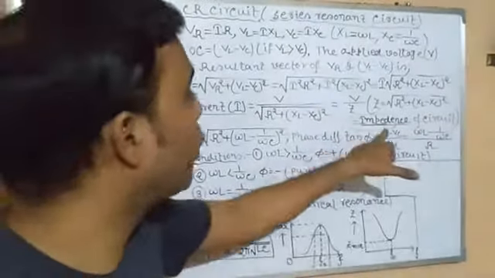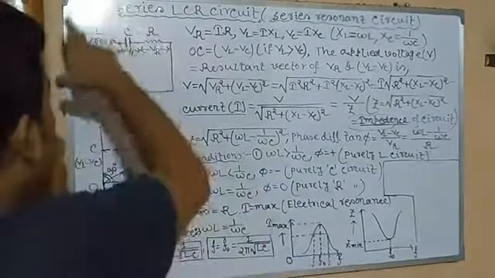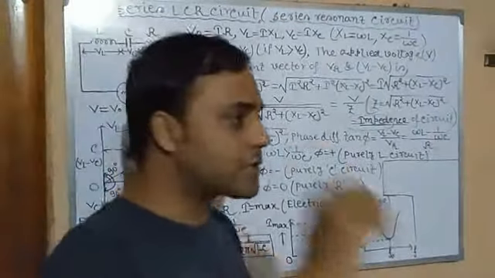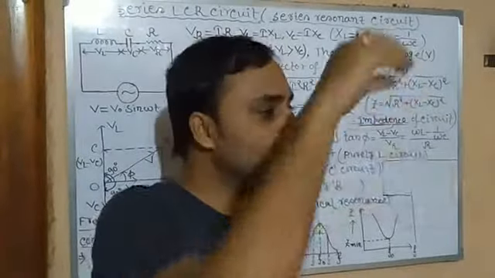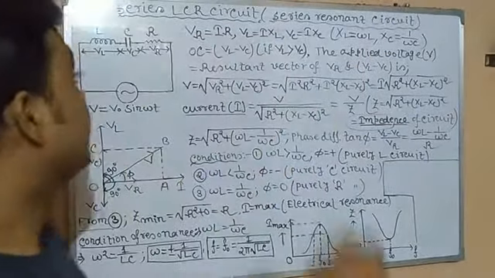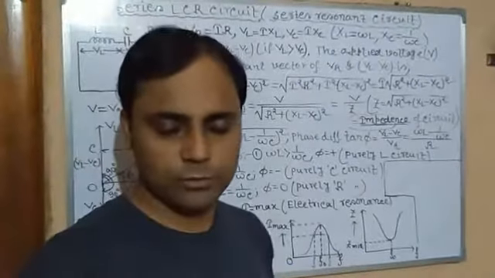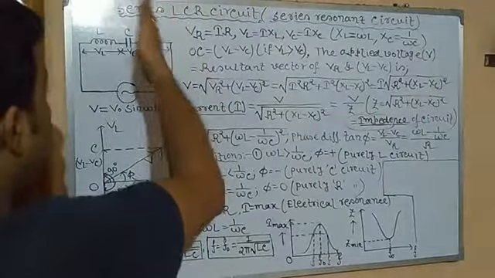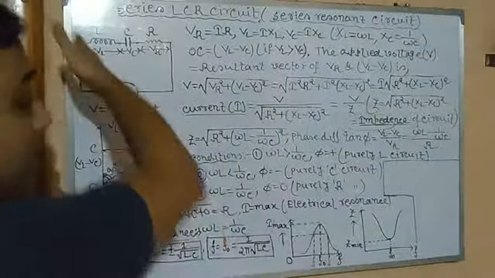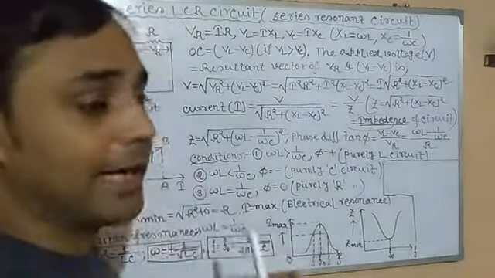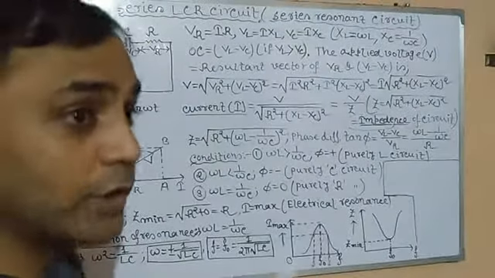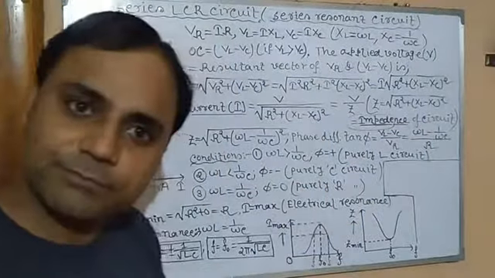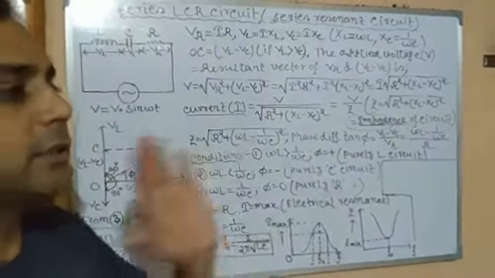The difference is that here it is formed jointly, combinedly, by all three elements: L, C, R. The function of resistance is to oppose the current. The function of inductive reactance is to oppose the current. Capacitive reactance also offers opposition to the flow of current. So a single opposition becomes three times opposition: 1 plus 2 plus 3. So the opposition offered by the AC circuit to the flow of current, combined by the inductor, capacitor and resistor, is called impedance. Clear?